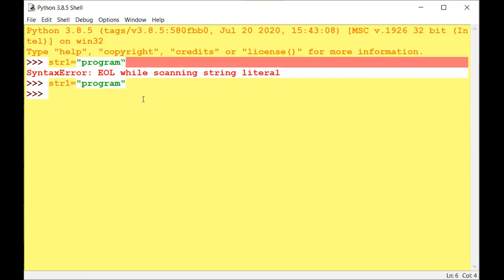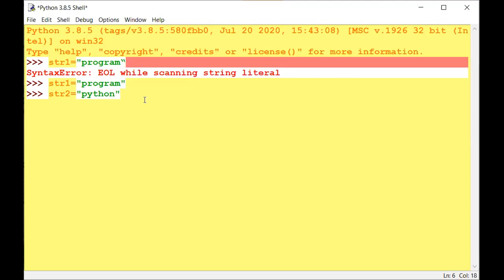Again I am using str2 equal and writing Python. So this is one, and this is another one. This is written with a capital and this one in small case.